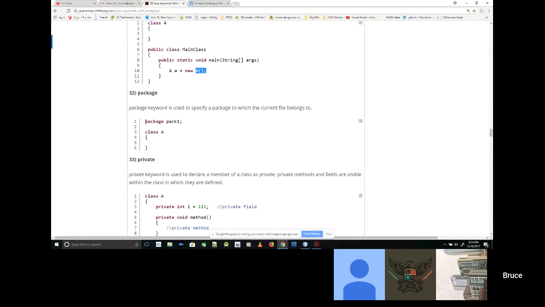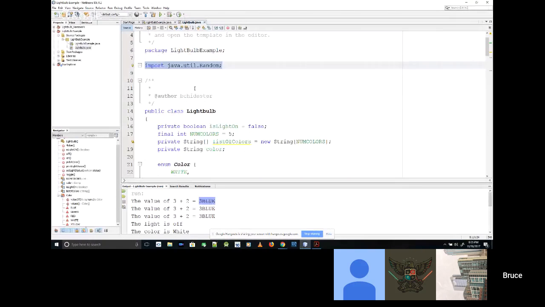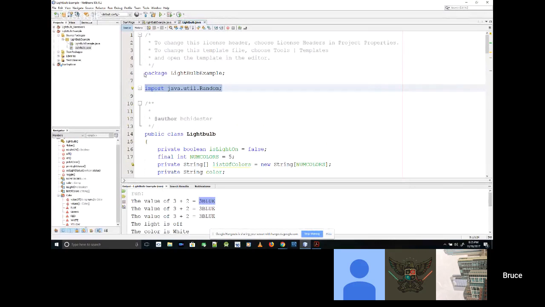Package, we talked about packaging. We haven't been using packaging at this point, but our package is very simple in that it's basically called light bulb example, but the typical packaging in Java is dot notated, and every dot means a directory level change. It's a way to organize your code solutions into different directories in a standard way so that other Java developers know how to find your stuff.